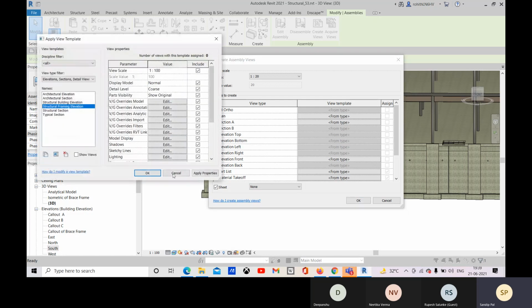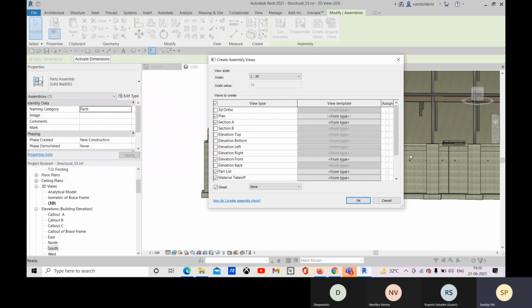And if you have any particular template for that, you can choose that view template, right? So you all know what a view template is. So you can choose that particular view template from the types we have already created. And you mention the sheet with the title block and all. Okay, so we have this A1 metric, and for solid wall we already have the A3 paper size.